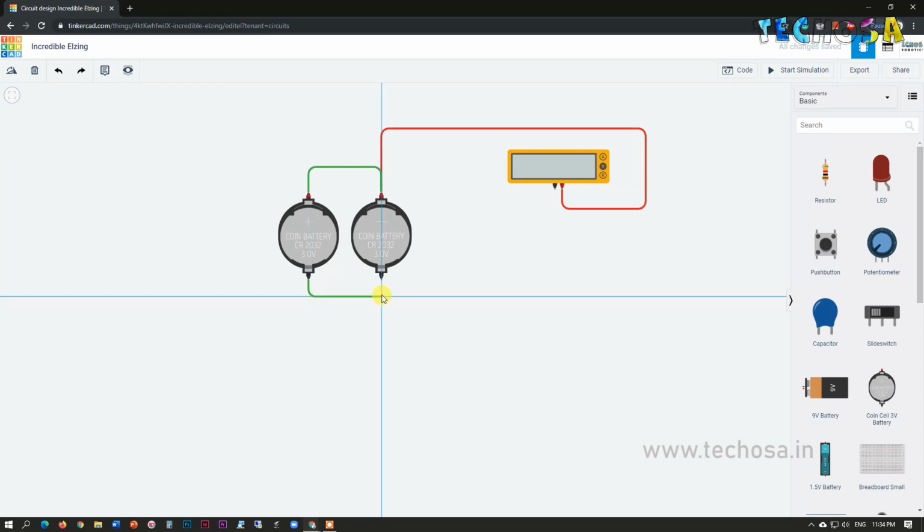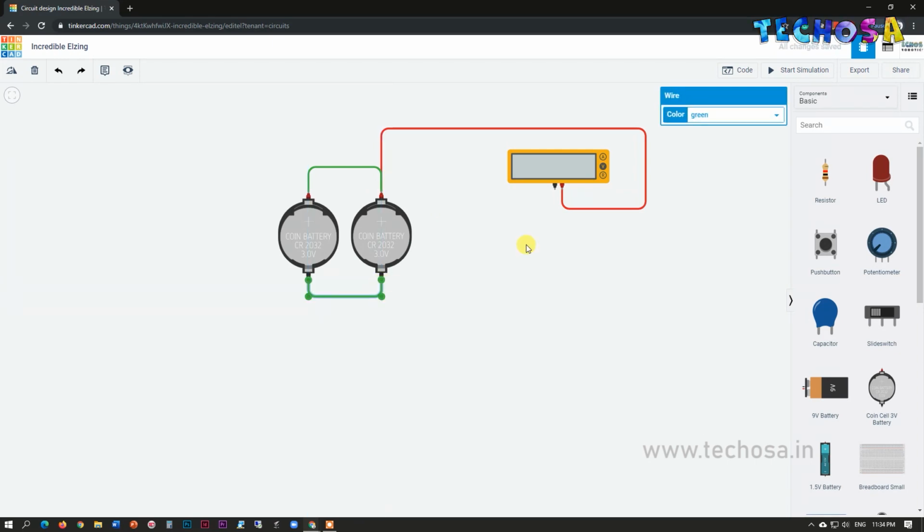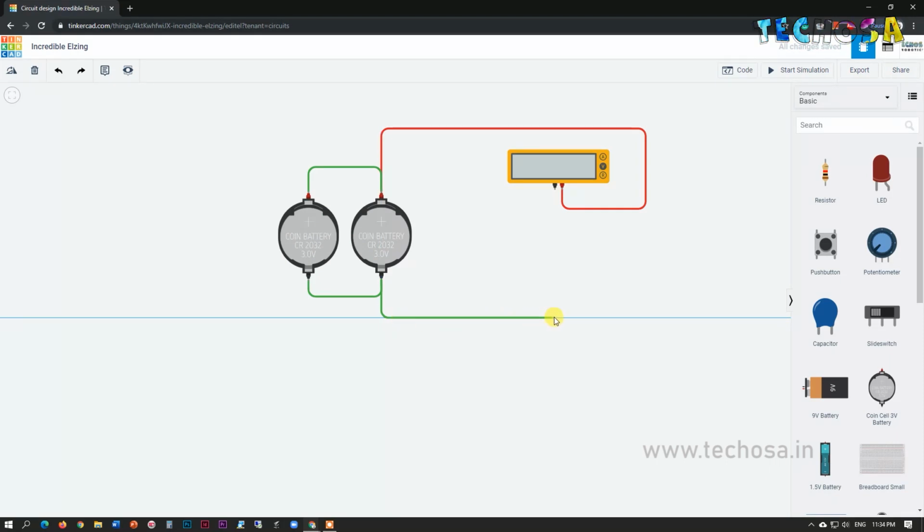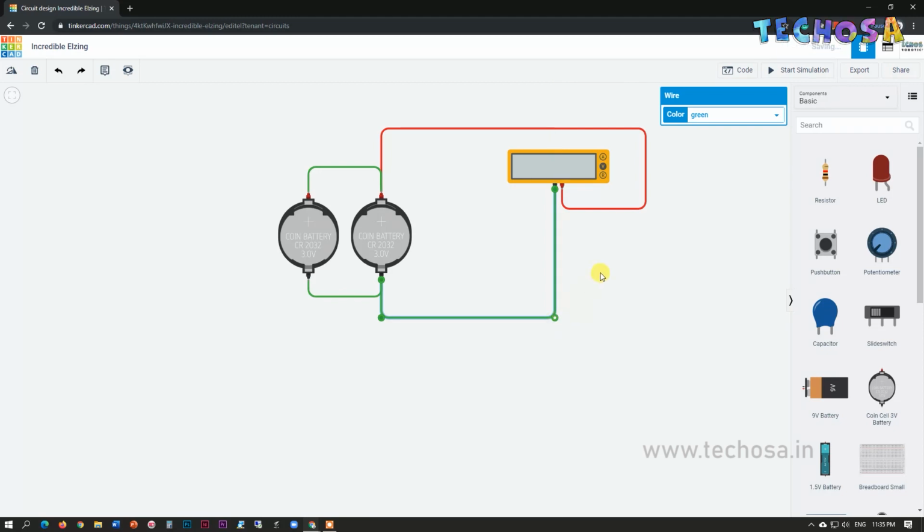And also we need to connect the negative terminal of multimeter. So from any of this negative connection, you can connect it to the multimeter's negative terminal. So I am connecting from here, connecting the negative of coin battery to the negative of multimeter. Making the wire color black.